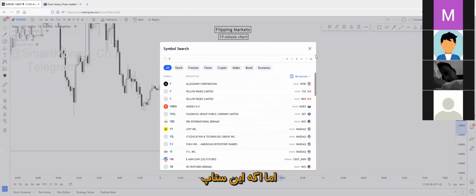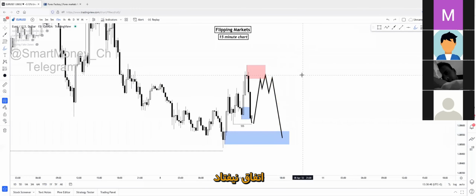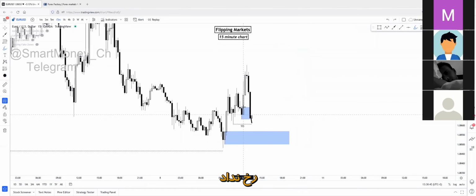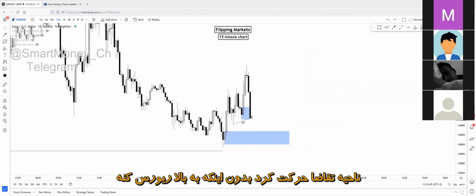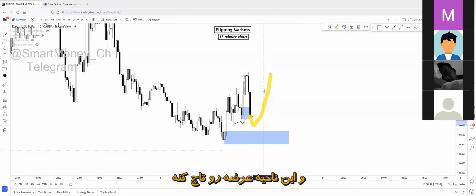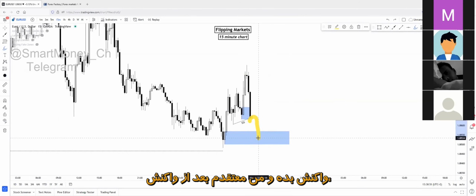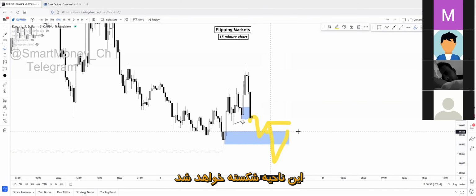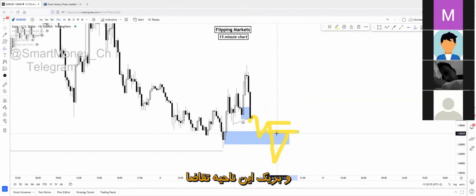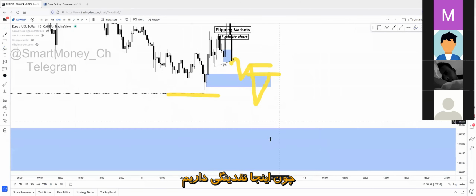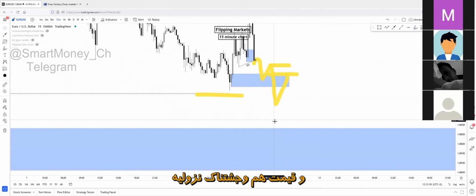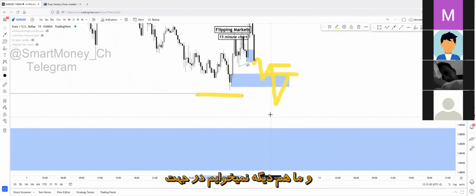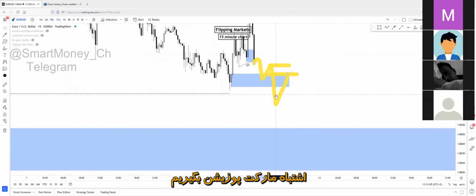But if this possibility doesn't happen, and price just simply goes down to this demand zone without even reversal right here and even tap of this supply zone, we can simply wait for a reaction on this demand zone. And I believe the reaction will be the break of this zone. So the break of this zone will happen sooner or later. It will happen for sure because there's liquidity, there's a deeper demand area, and price is extremely bearish, right? And we don't want to be caught up in the wrong side of the market again.